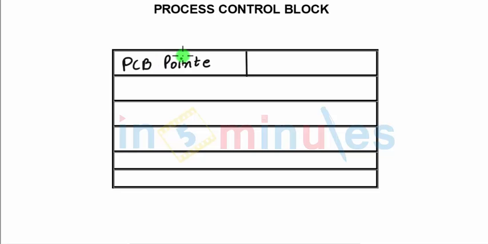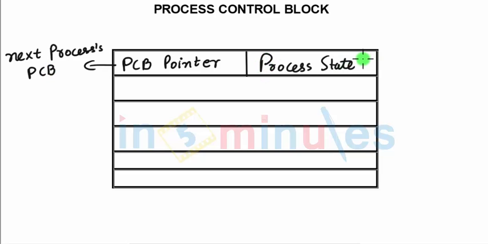We have already said a program is divided into n processes. That means we have n processes working together. So this PCB pointer would tend to refer to the next process, or rather the next process's PCB, which will be loaded soon after this process completes its task. The second thing it has is the process state. Process state simply refers to the current state of the process. This can be, as we have already done, ready, can be running, can be waiting, and so on.